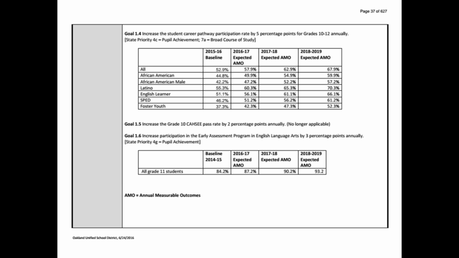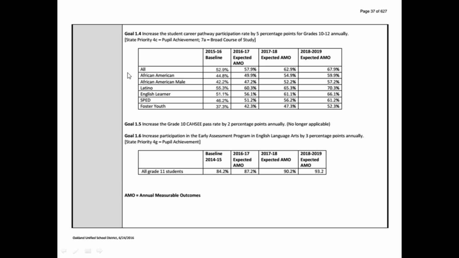Local control accountability plans are also where the template was developed with the intent of providing schools flexibility to identify priority areas within their own district that have materialized through their own district experiences and instructional implementation. And an example of this right here, you'll see that we're still in goal number 1. We are still in the local control accountability plans. We are still in the college and career ready graduate goal here.